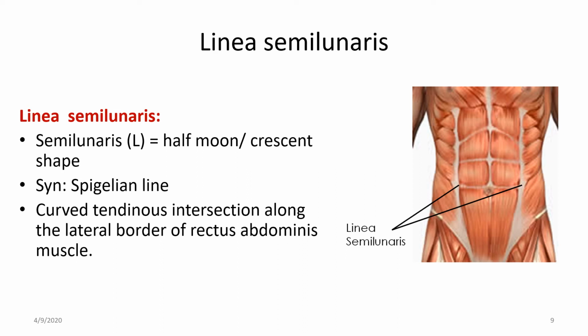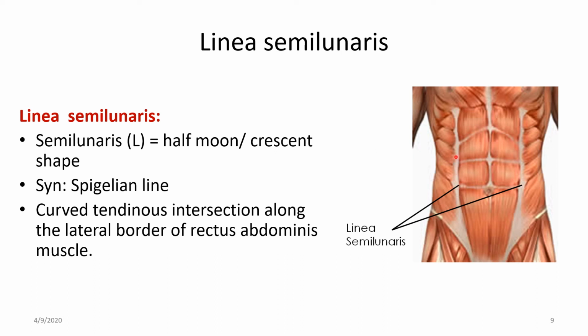So linea semilunaris you are seeing as a tendinous intersection along the lateral border of rectus abdominis muscle, and because it is half moon or crescent shaped, it is called linea semilunaris, and it is also known as Spigelian line. So this is the linea semilunaris or Spigelian line, a curved tendinous intersection along the lateral border of rectus abdominis